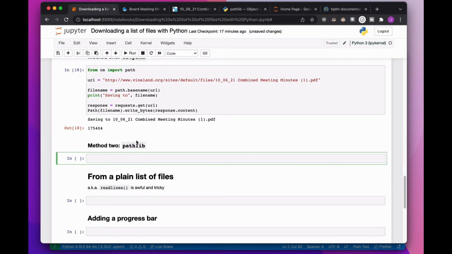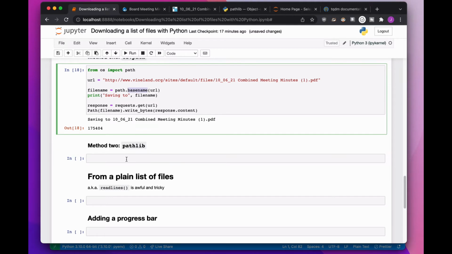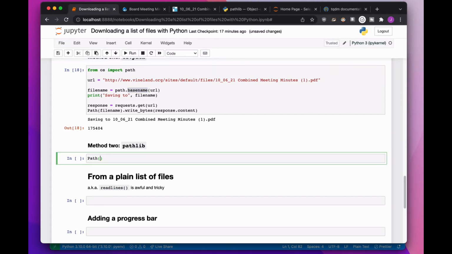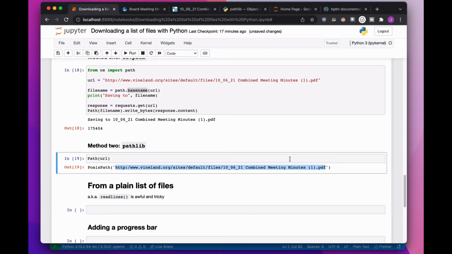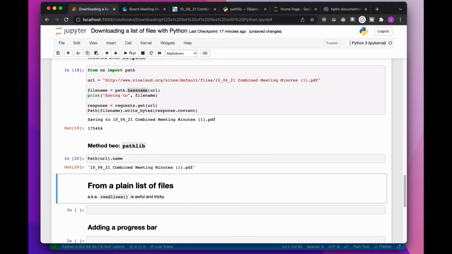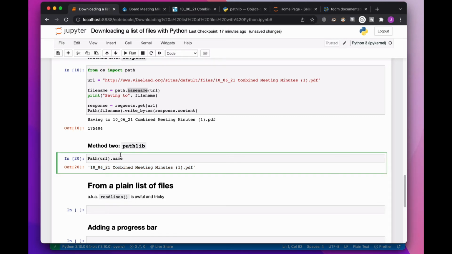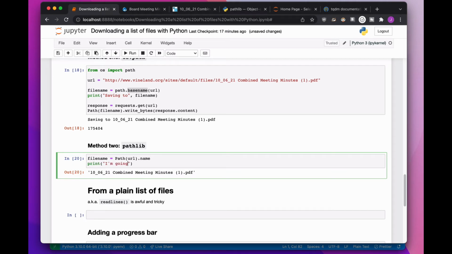So the other way to get the base name is I can say, hey pathlib, go grab that URL. It's not going to download the URL or anything. It's just going to kind of look at the URL. And it says, yeah, here I am. What do you want me to do? And I'm going to say, from that URL, just give me the name. So path URL.name will just pull out the name part of it, or the base name part of it, whatever you want to call it. And then I can save that as file name, and then say, I'm going to save to